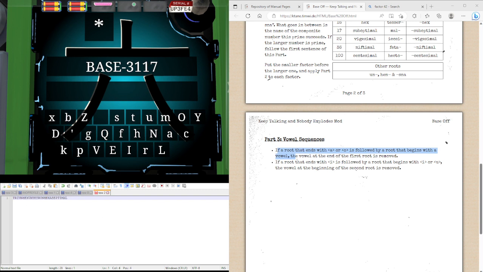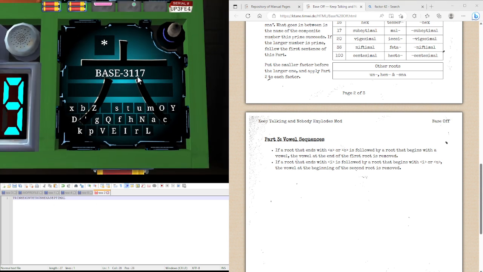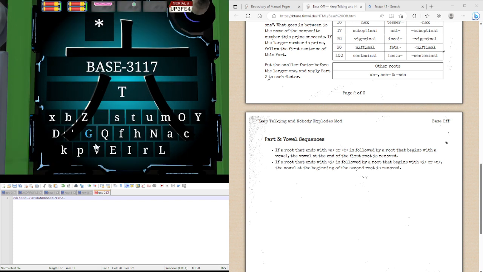Here, however, it's slightly different. If a root ends with I and is followed by a root beginning with I or U, trian, the vowel at the beginning of the second root is removed, so it becomes trin. So if we've done this right, we get trin, hexa,